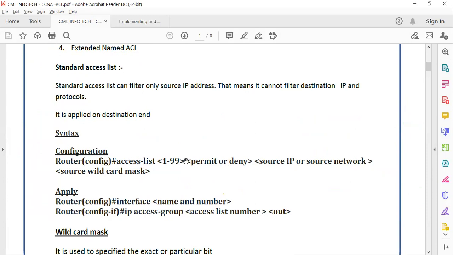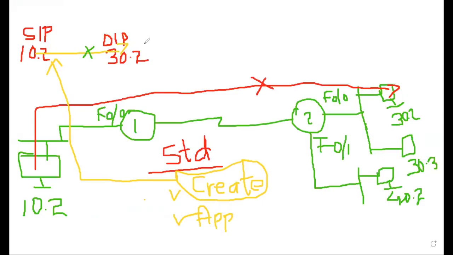So here in R1, access list is the command.